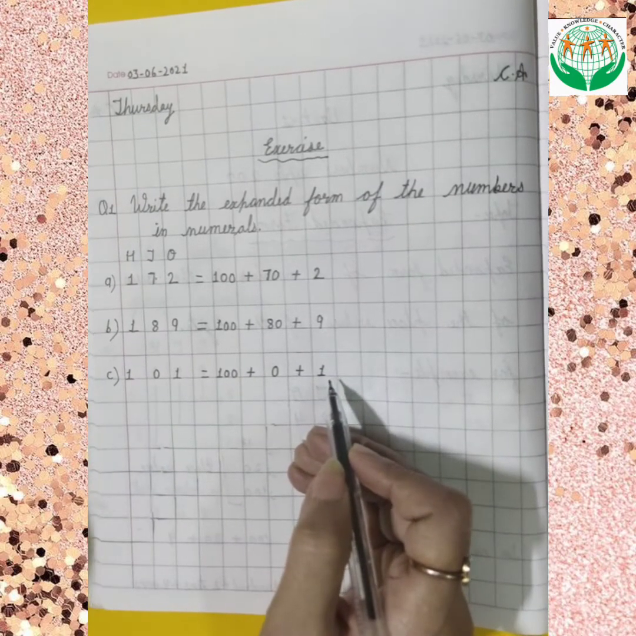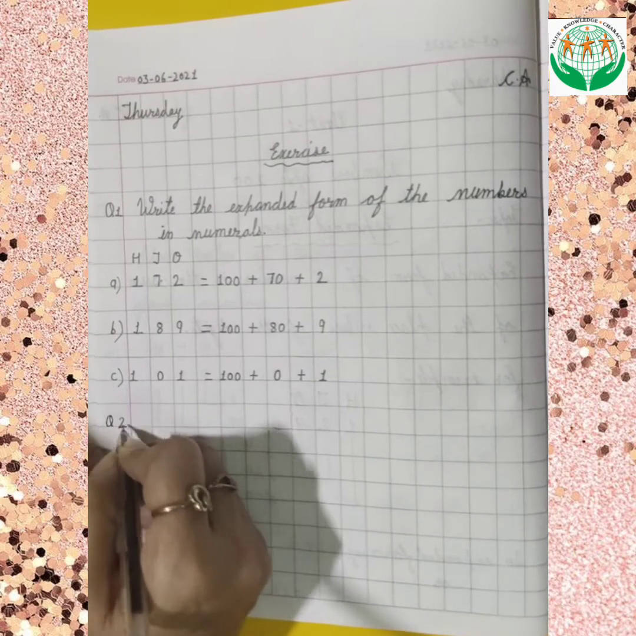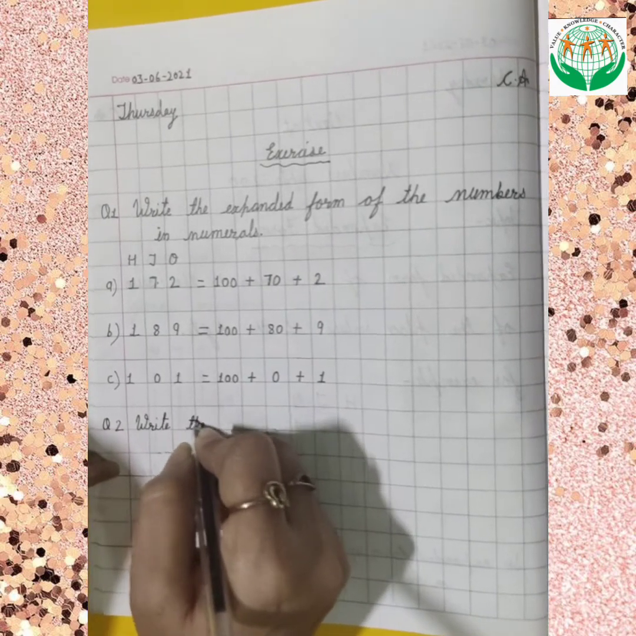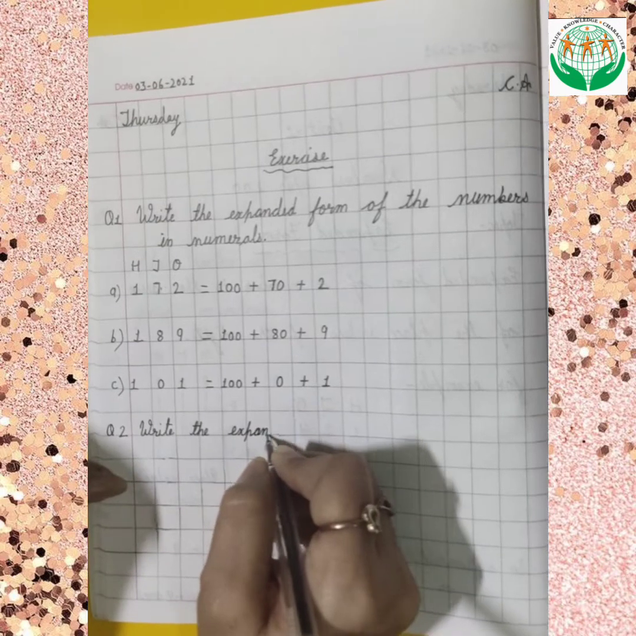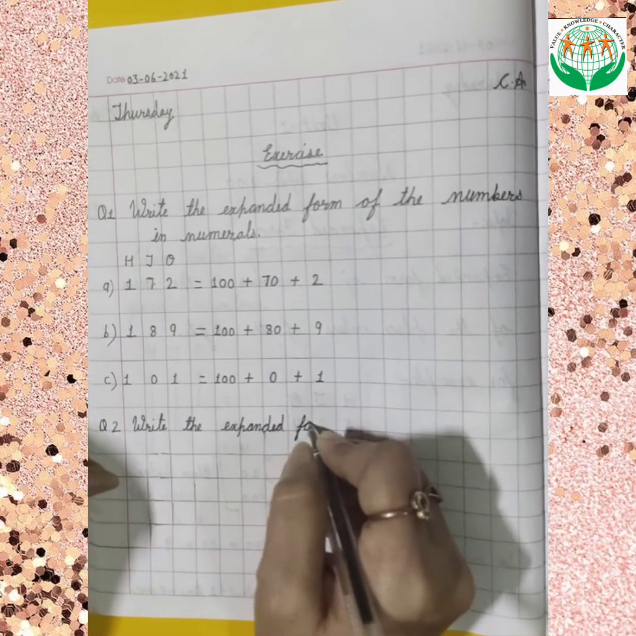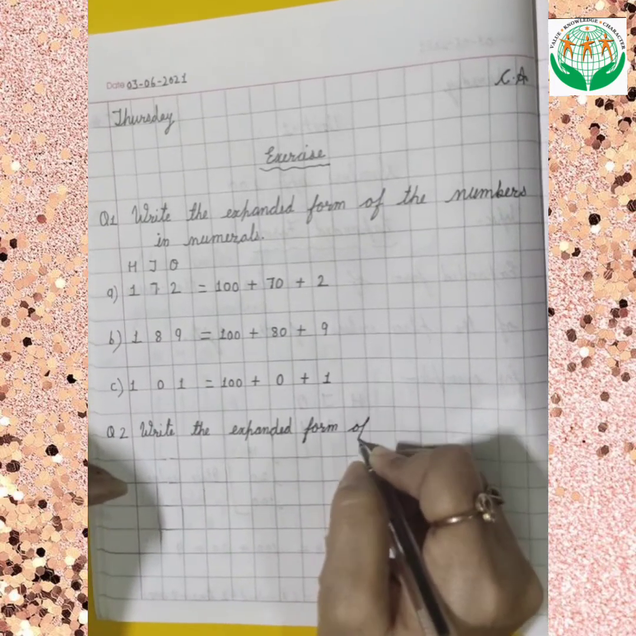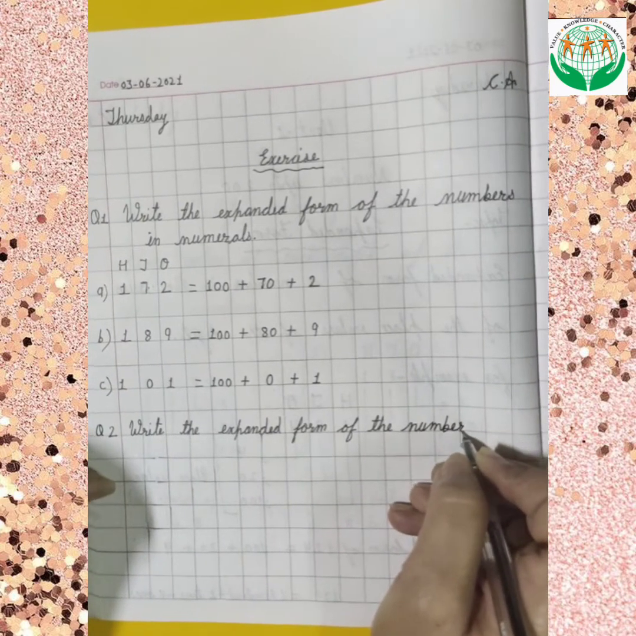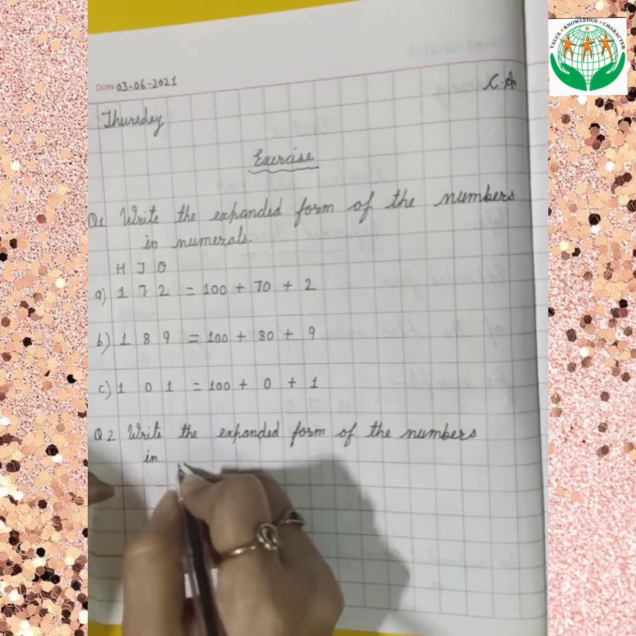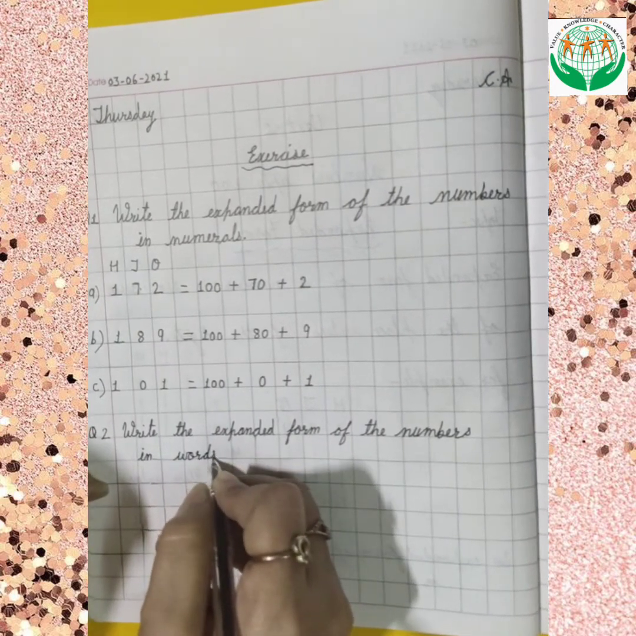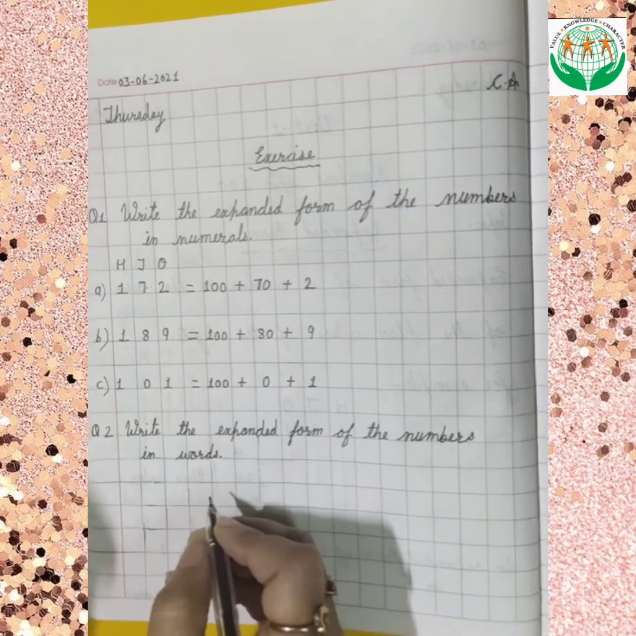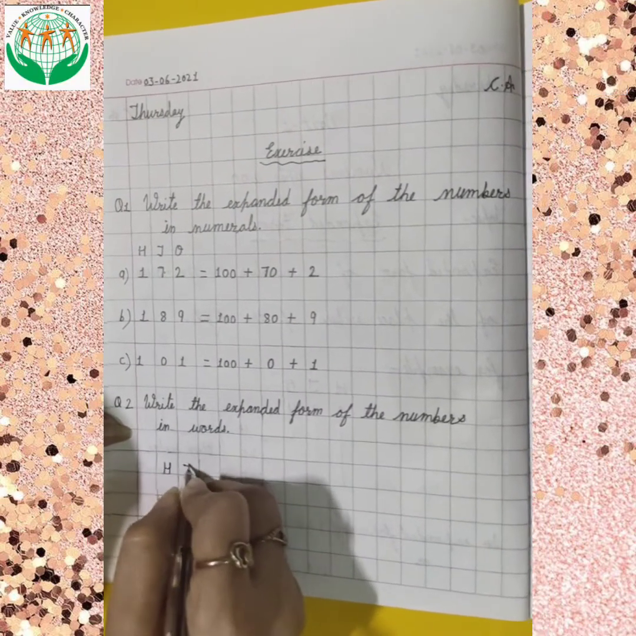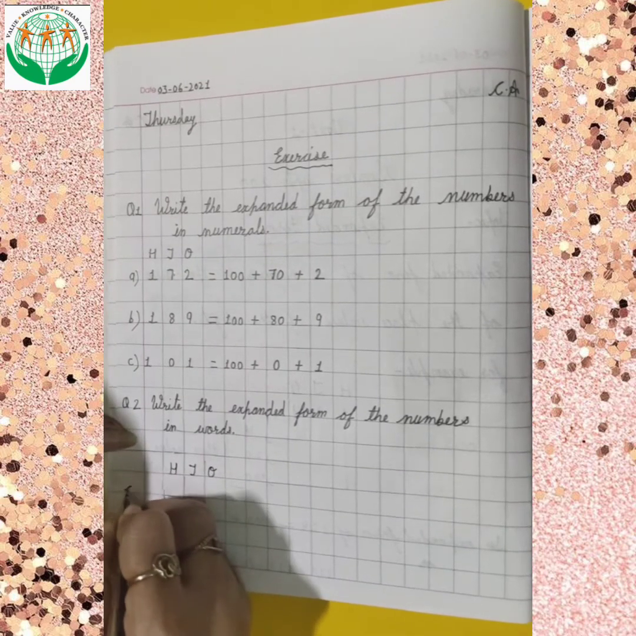Fine beta. Now come on the next question. Question number 2. Write the expanded form of the numbers in words. Earlier in the first question we wrote the expanded form in numerals, now here we will write in words. So beta, firstly write down the HTO. Then a number,